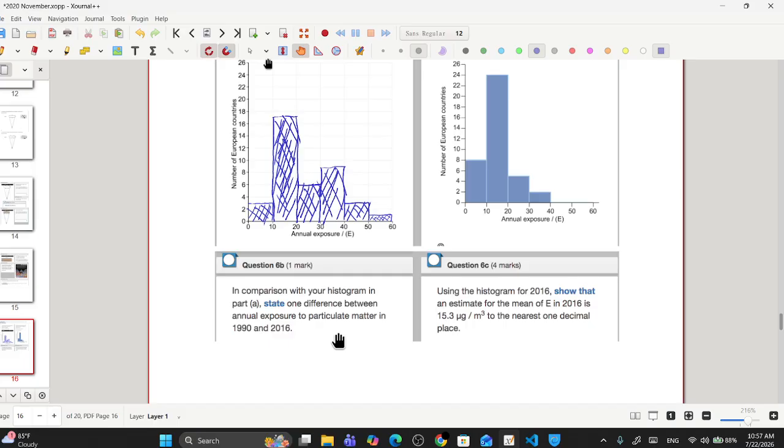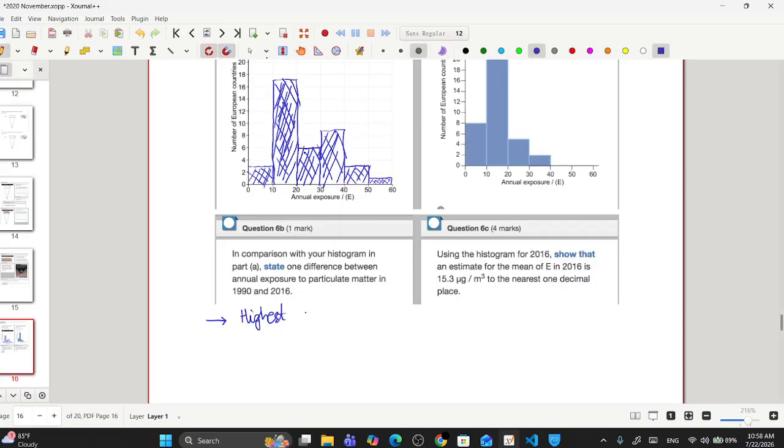First things first, you can talk about the highest value. Highest in 1990 was 17 microgram per meter cube,